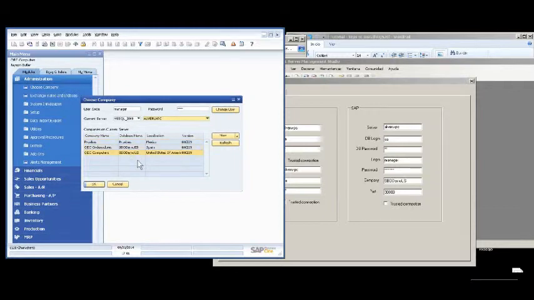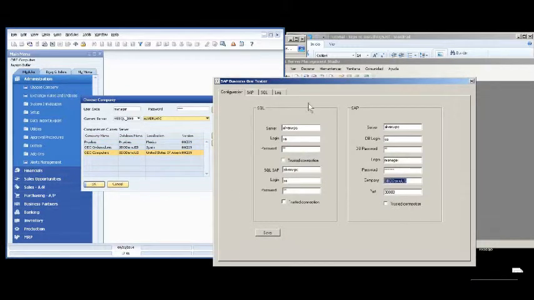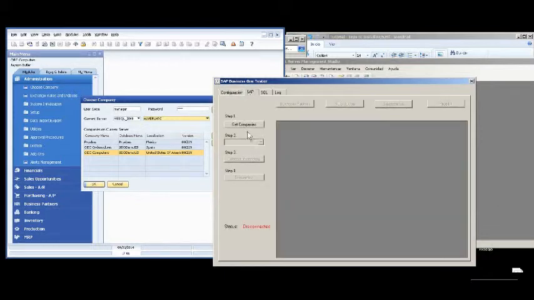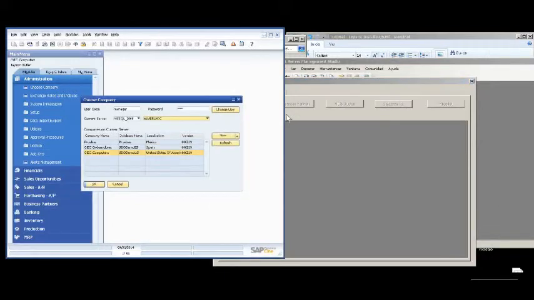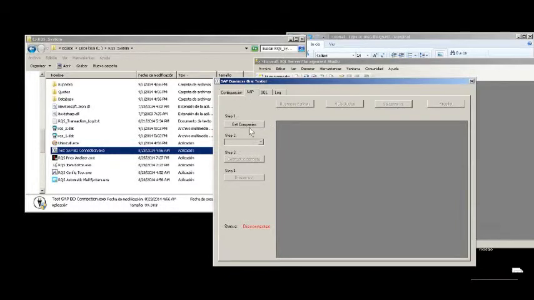You can test the connection between the RQS and the SAP by going to the SAP tab. Click Get Companies. It will show me all the companies that I already showed you on SAP. I'm going to connect to the SBO demo. Wait for the interconnection to establish. Once it is connected, I can access the information